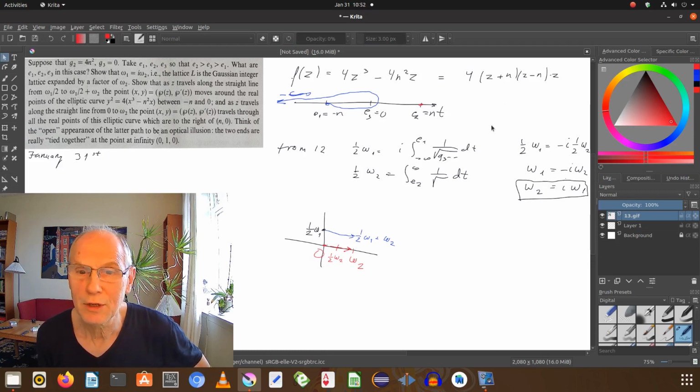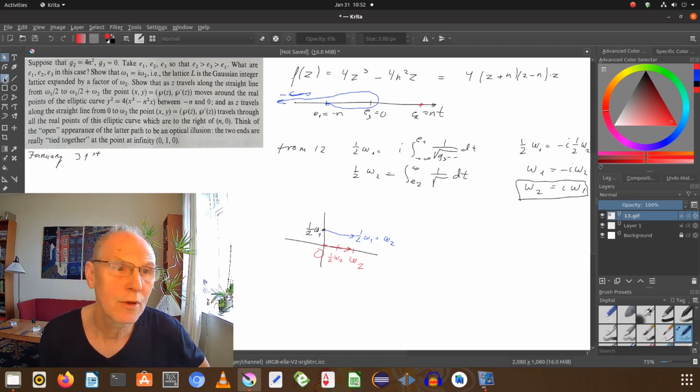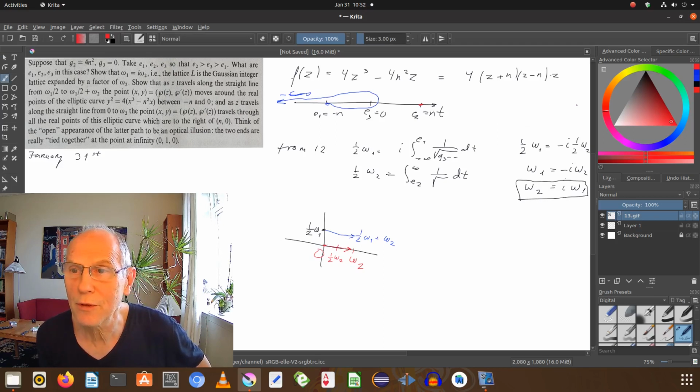Yes, from here. So from 0 to, that's the opposite path going from here to this point, and then to add omega 2,